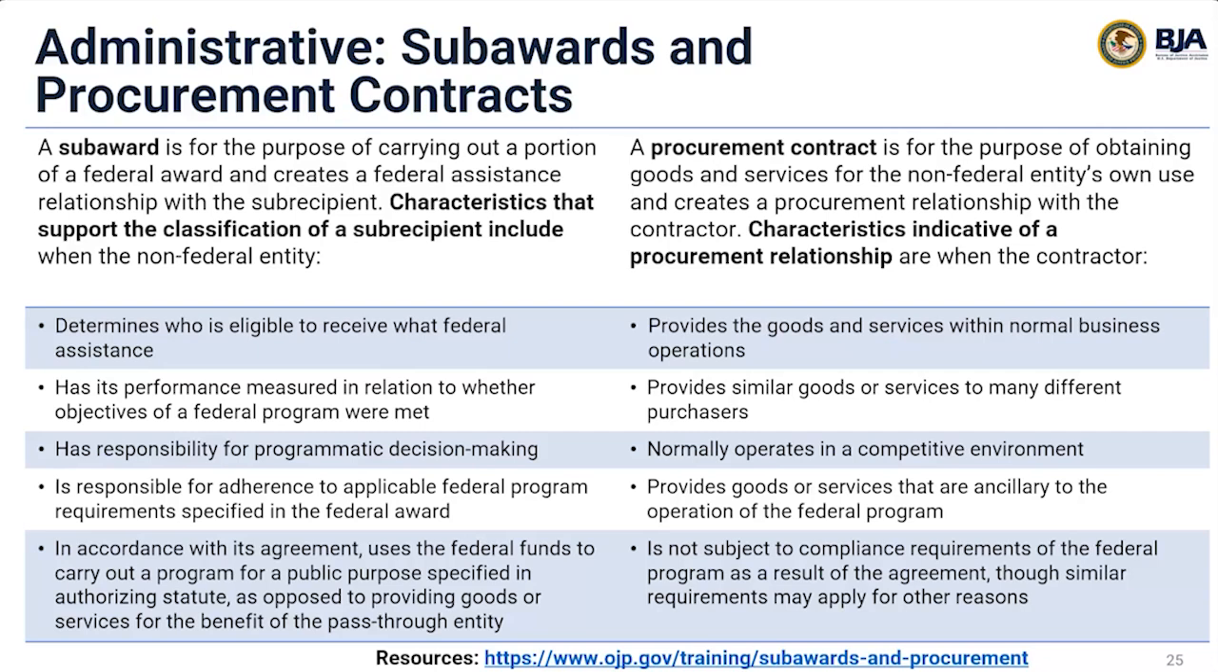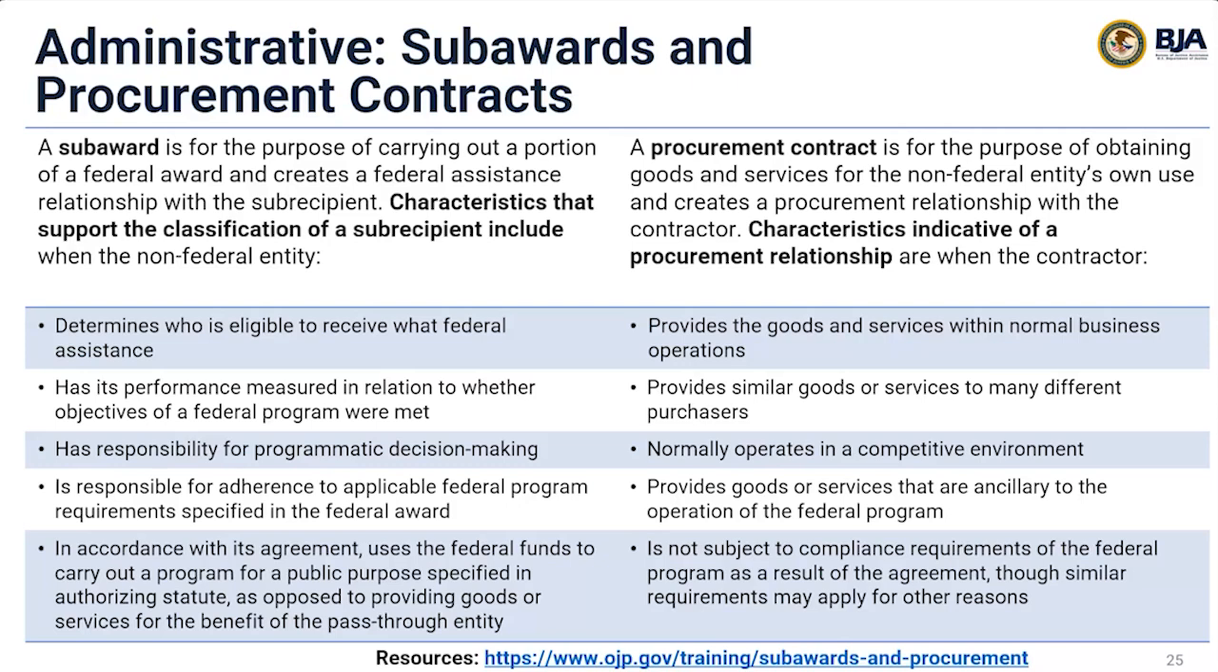A procurement contract is for the purpose of obtaining goods and services for the non-federal entity's own use and creates a procurement relationship with the contractor. Characteristics indicative of a procurement contract relationship are when the contractor provides the goods and services within normal business operations, provides similar goods and services to many different purchasers, normally operates in a competitive environment, provides goods or services that are